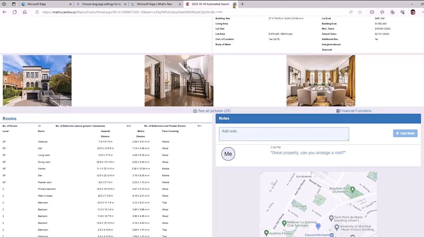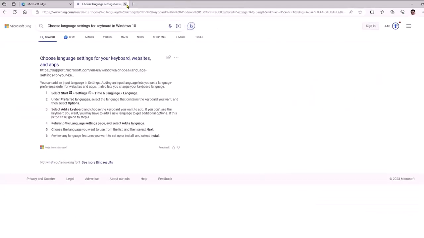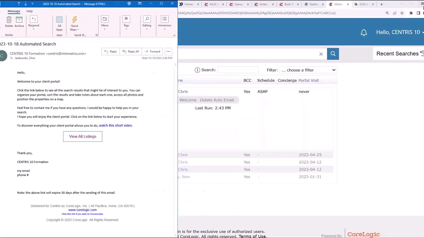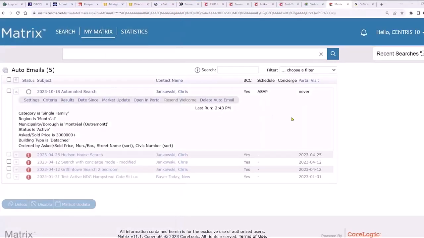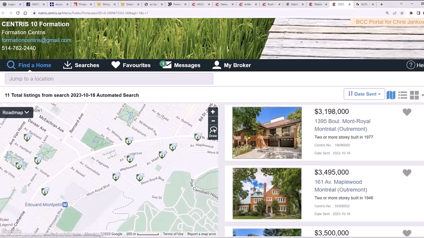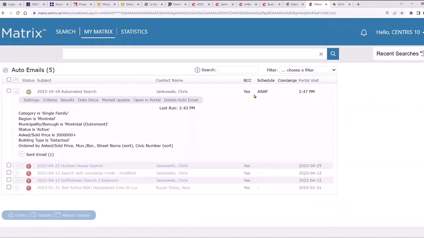So let's say I'm going to close this now to get out of that. I don't know why, but here we were anyway. Let me just get that out of here. I want to refresh what it said here. See, right away, it said that the client did come into the portal, because we did 2 minutes ago. That's when we logged into the portal, right? And we can open it in a portal as well, so we could see it their way as well. Let me just close that for a second. I want to click on results. System.